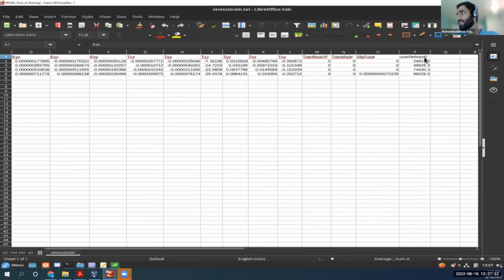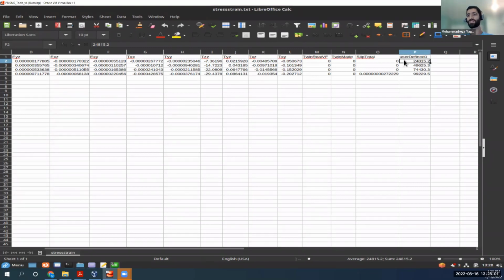Here. So this is user defined 0. It's your first user defined. So this is average over the whole sample. So far you can define the local or quadrature point. You can define the visualization. You can define the addition to stress-strain.txt. The only thing I need to cover is the addition to